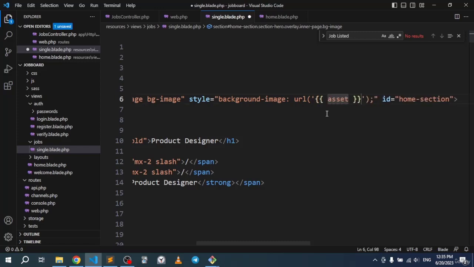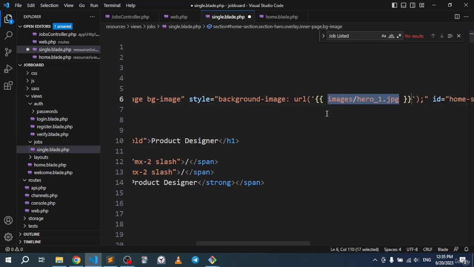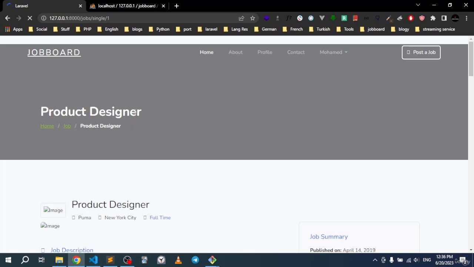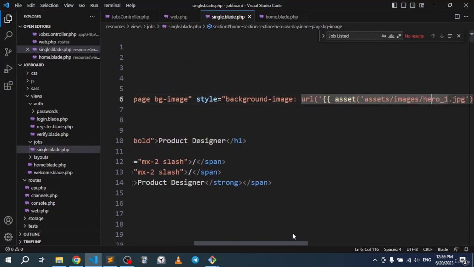So this should be asset right here, and well, actually, let me go back. All right, so let's cut this and let's go asset right here, assets/images. All right, so let's save this. So let's see if the image is going to show up or not. All right, so the image, it's showing up. The only thing that's left is simply this part right here. We need to eliminate